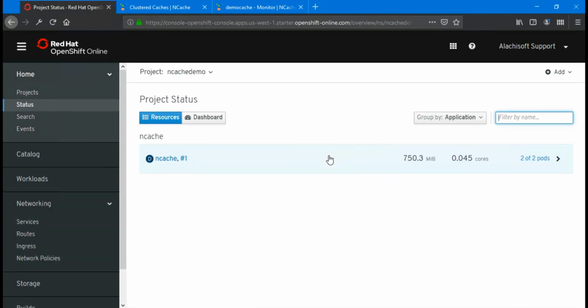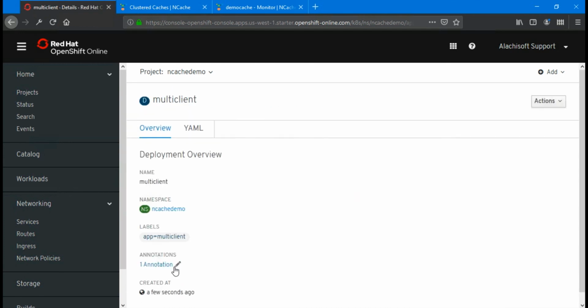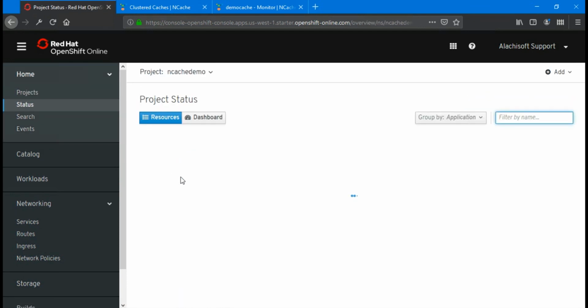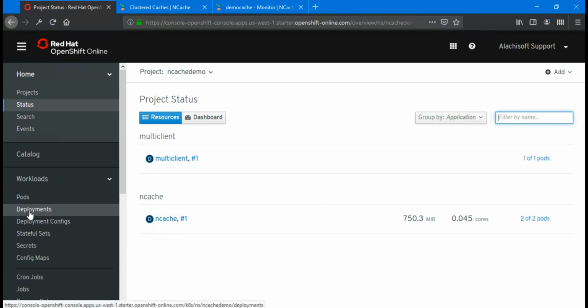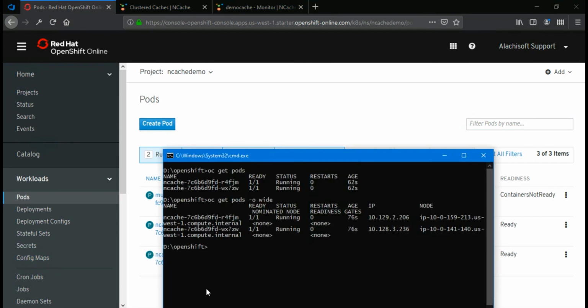So within my same project, if I click here, I have NCache with two pods. If I click on add and import my client deployment YML, I can go ahead and create this, and this would automatically create a separate container, separate deployment for my client applications. If I come back to projects, now we have two different deployments. We have a multi-client with one pod, and we have NCache with two pods, which we did as part of NCache server-side setup. So if I go to the pods again, I have the status container creating, and then if